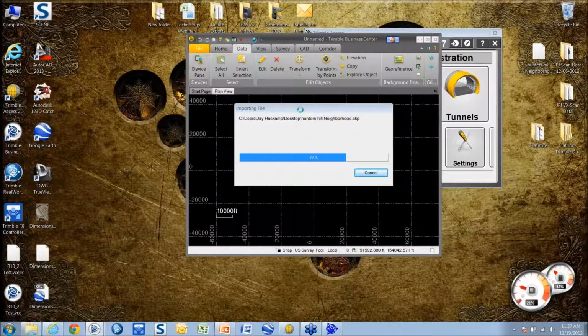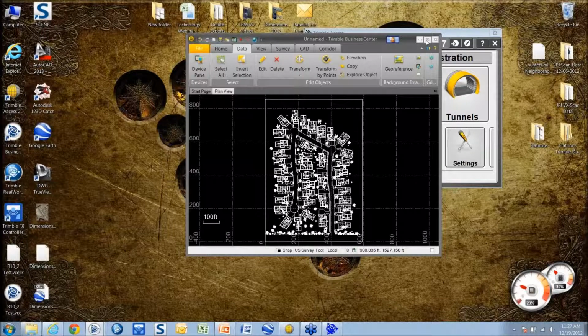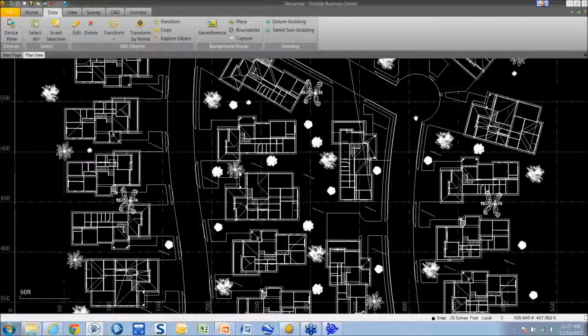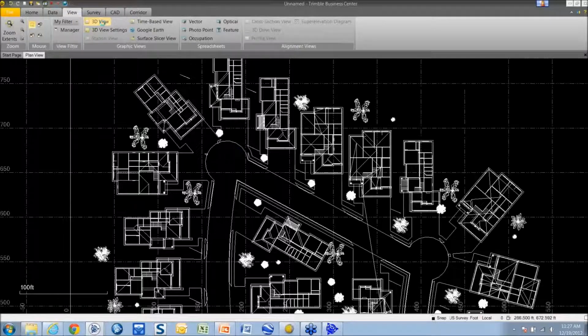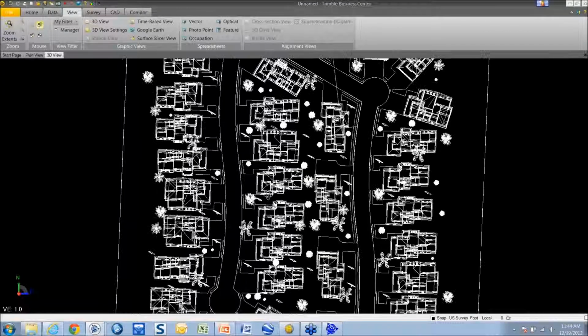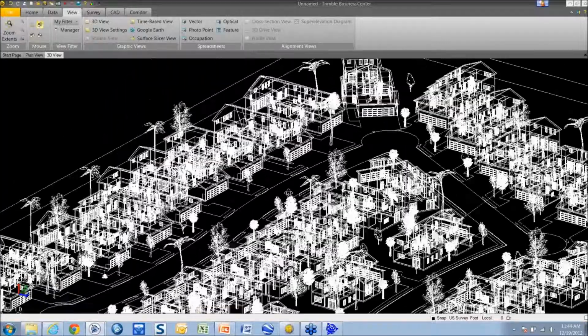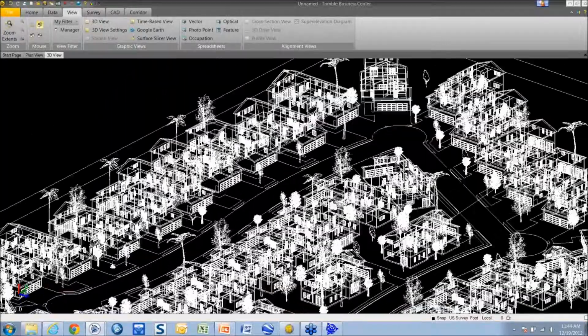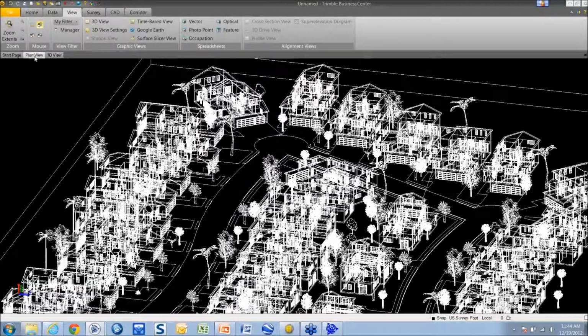And essentially what we're going to be able to do with this SketchUp file is see all the line work and objects created by the model and view it in not only 2D, as you can see here, this is the SketchUp model in 2D, but I can also view the SketchUp model in three-dimensional view as well. Here's the Trimble SketchUp model that is brought into Business Center. So you can see all of these things that are modeled by the software come in 3D view,